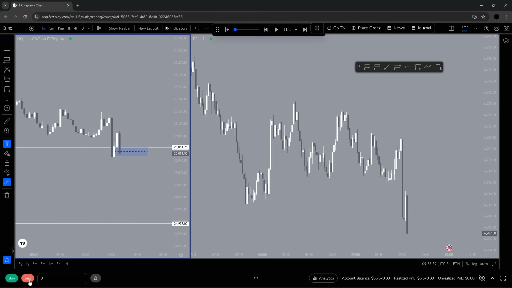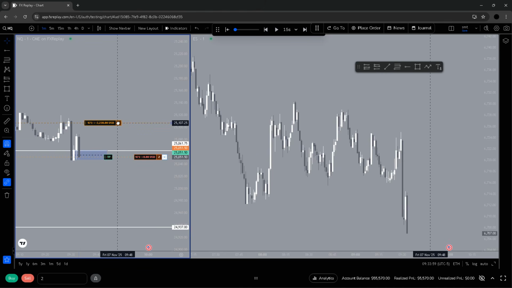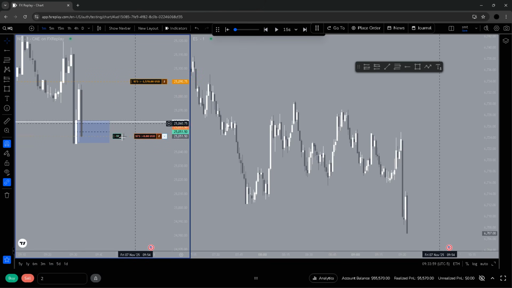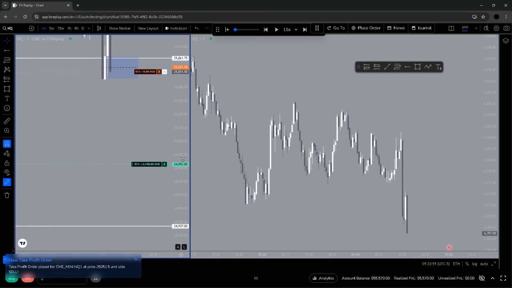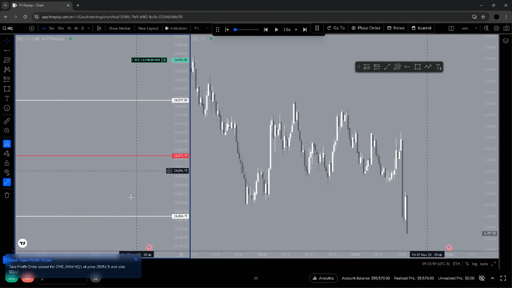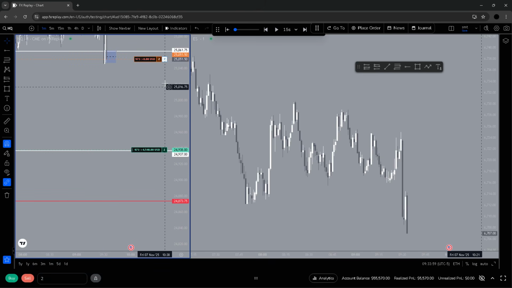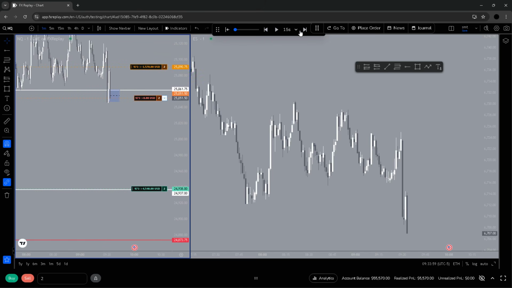I'll enter there, and first of all, I'm going to put a stop loss up here. That's solid. The take profit. So we've got that rejection block all the way down there. You don't need this many points. How many points is that? So from 25 to 9, that's 70 points.